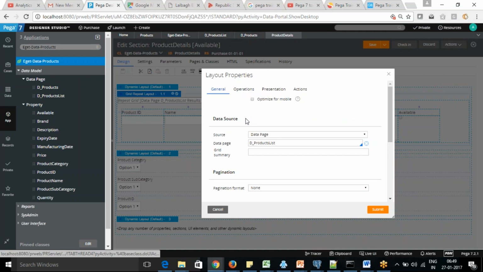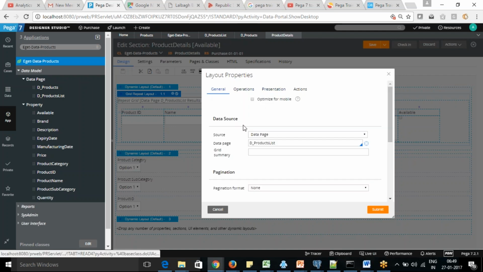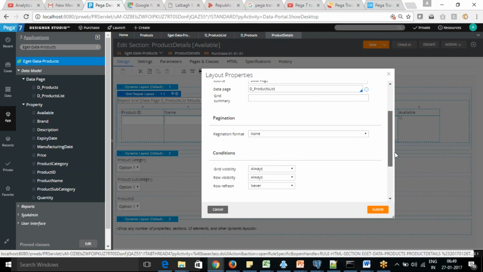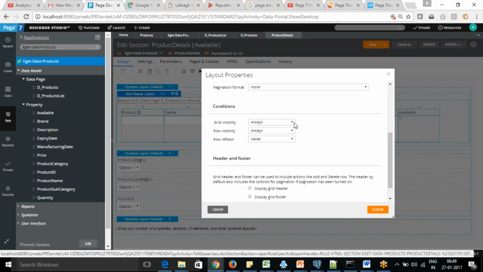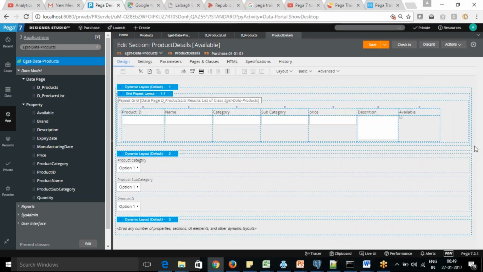Okay, presentation tab. So it will not be visible now. Okay, so we are going to display in a different format. Here, based on the chosen parameter, we are going to display that.